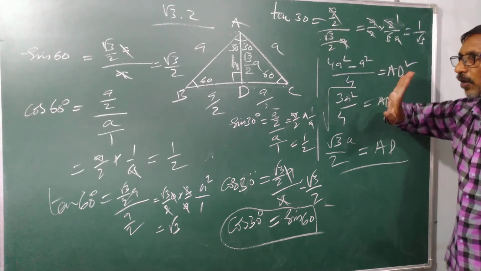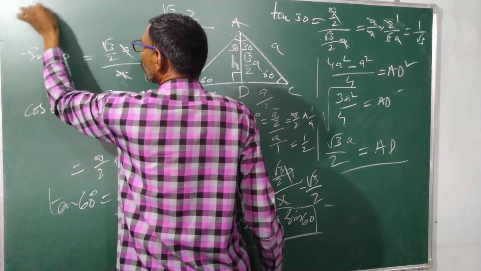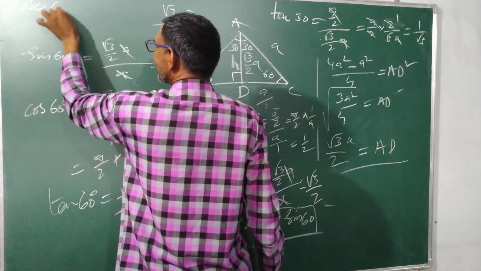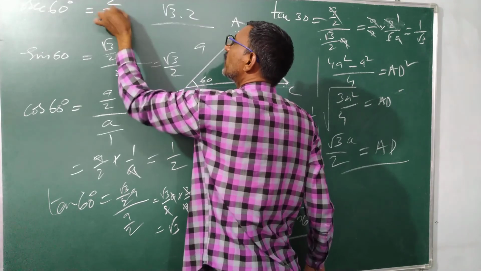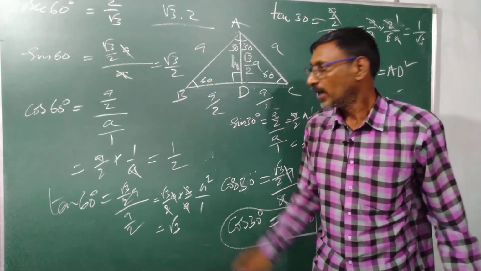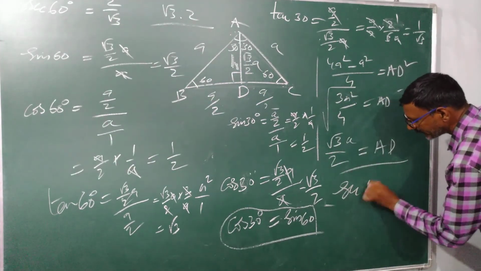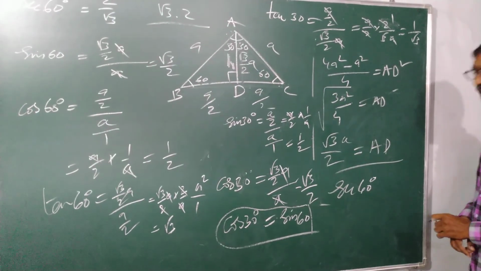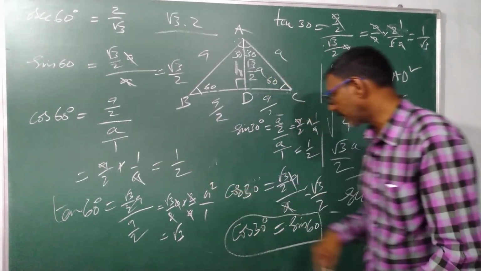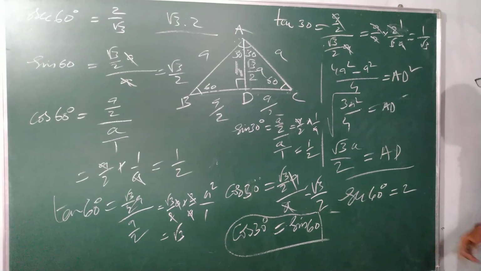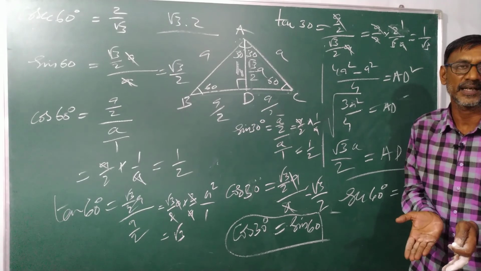Now, I would like to find cosec 60 degrees. It is the inverse ratio, just write it on that side: 2 by root 3. If you want sec 60 degrees, sec 60 is equal to how much? Cos 60 degrees is how much? 1 by 2. Sec 60 is 2. We can find all the ratios by taking their inverse. Am I clear? Over.